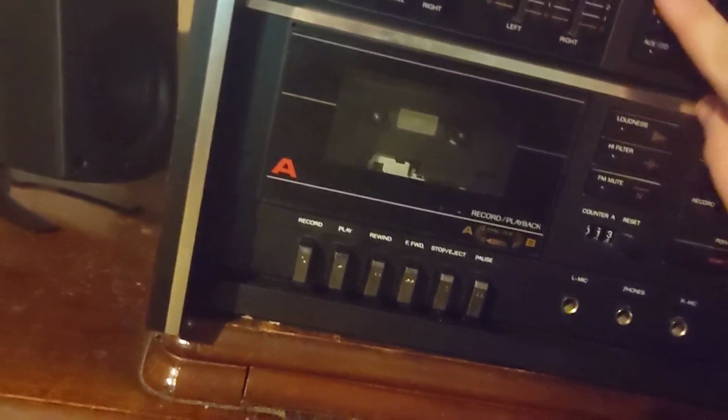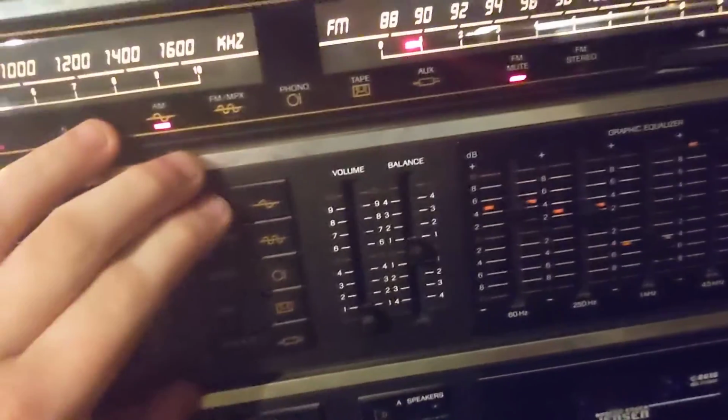Your volume slider. You got a balance control, 5-band equalizer, recording levels for the tape decks. Well, the tape deck, excuse me. One of the decks records, one doesn't. Got switches there for phono,